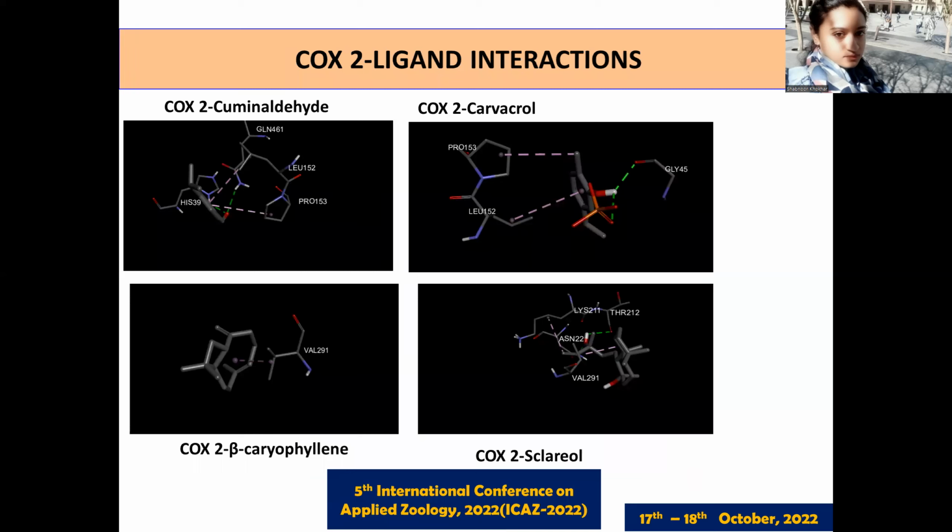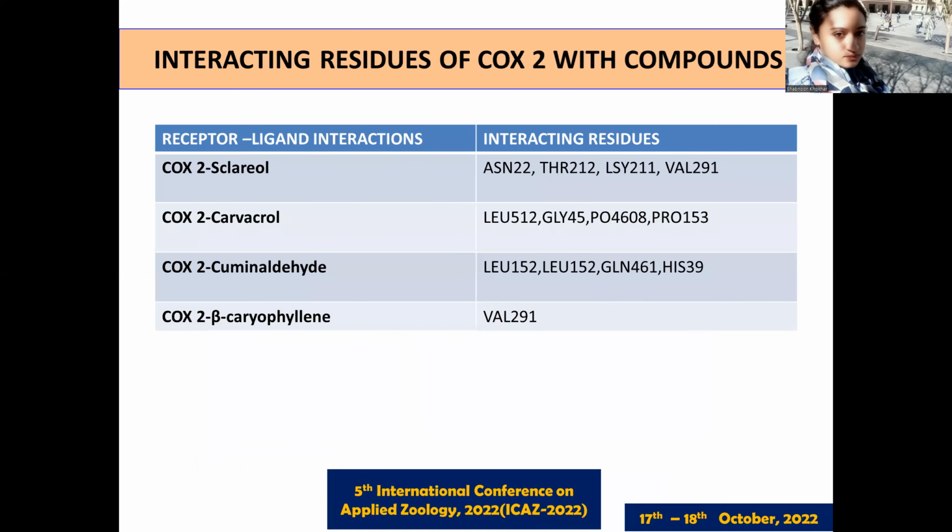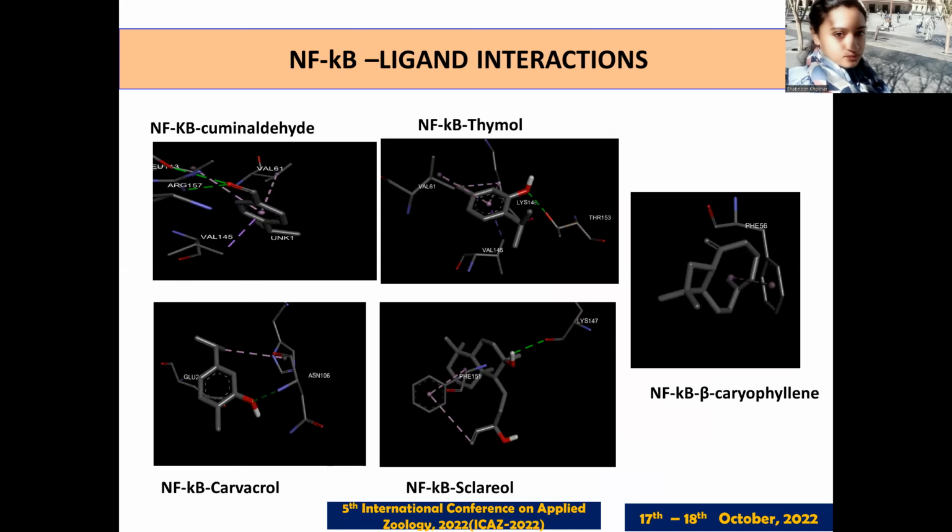These are the 3D structures of the ligand binding interaction, and we used Discovery Studio Visualizer to make these interactions, and we only visualized those structures that give the best or better binding affinities with COX-2. These are the interacting residues of COX-2 and the compounds, and residues are actually amino acids at the active site, from which they interact with the ligands.